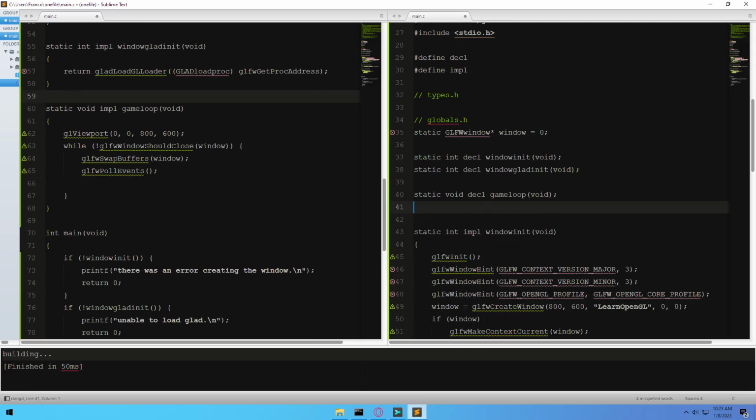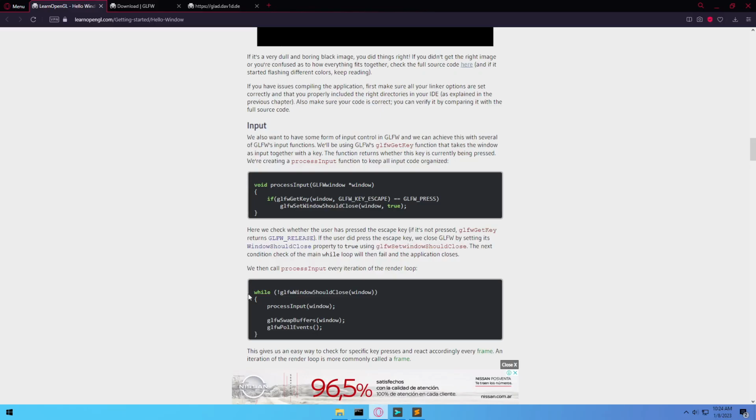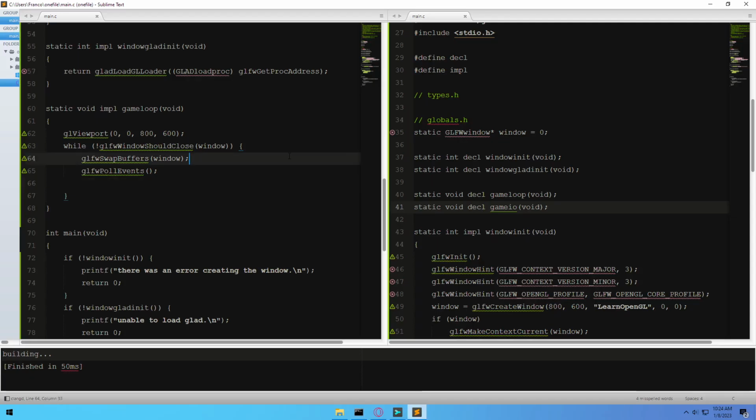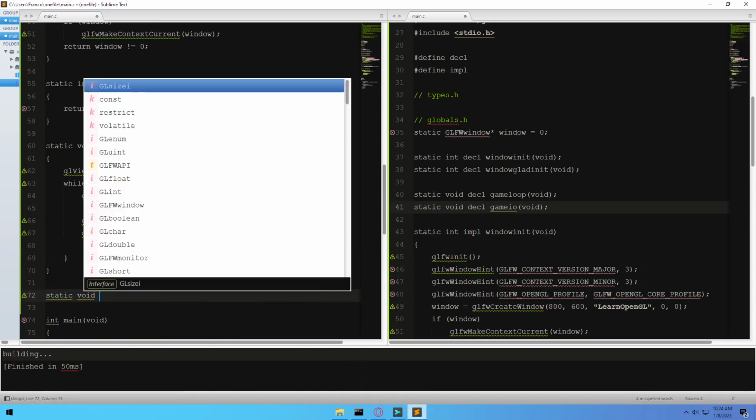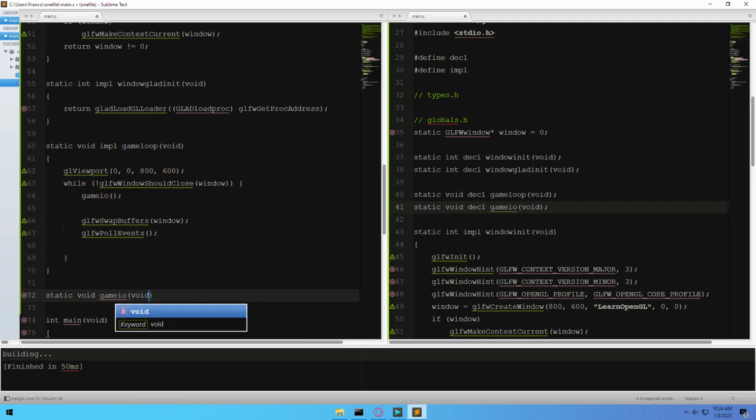I'm gonna do void game IO, or yeah, sure. So where should I put this? Okay, so seems like I gotta use this in here, so game IO. Then where do I want to put this? Guess I can do that. Game IO, void,